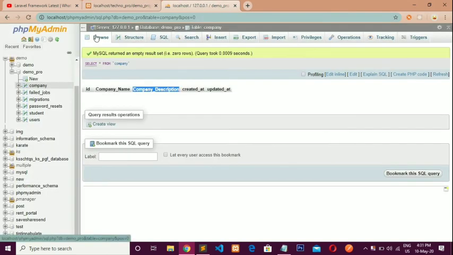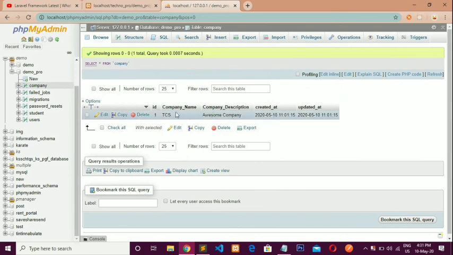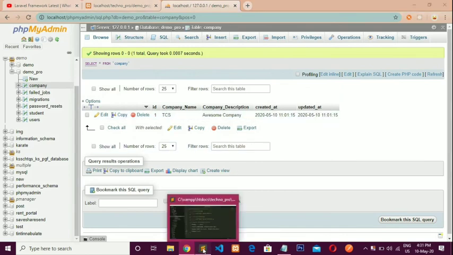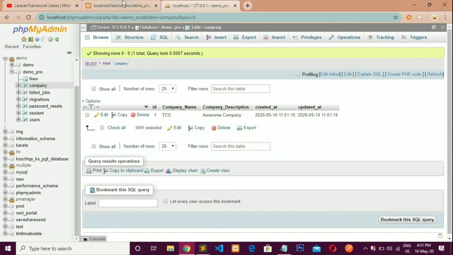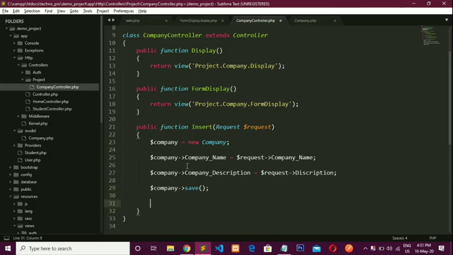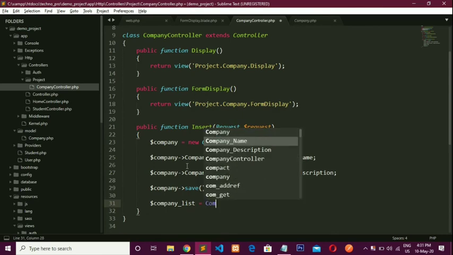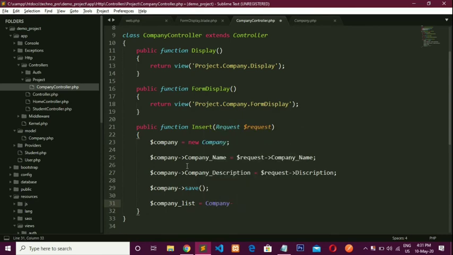Okay, here we can see our data inserted successfully. Now after inserting this data, I want to redirect this page to our display company list. So for that, first I need to make one more object whose name is company list, which finds the old records from the company database.